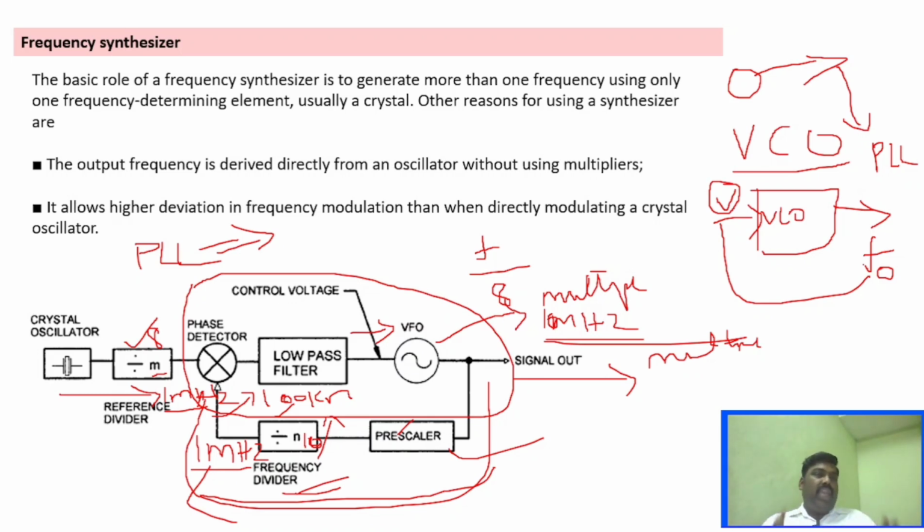So this is the complete working of the frequency synthesizer. And we have different versions of phase detector as well. If you use an analog multiplier, it works based upon the phase difference between the two signals. And there is the digital version of the phase detector as well, where the phase difference between the reference signal and the input signal will be zero once locked. We will see the theory later. But this is the working of the frequency synthesizer.